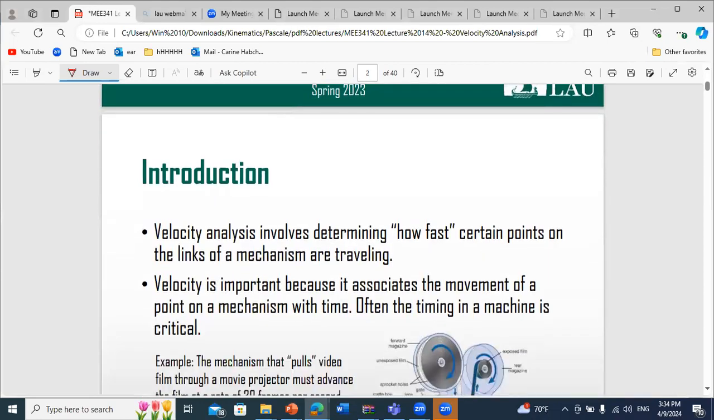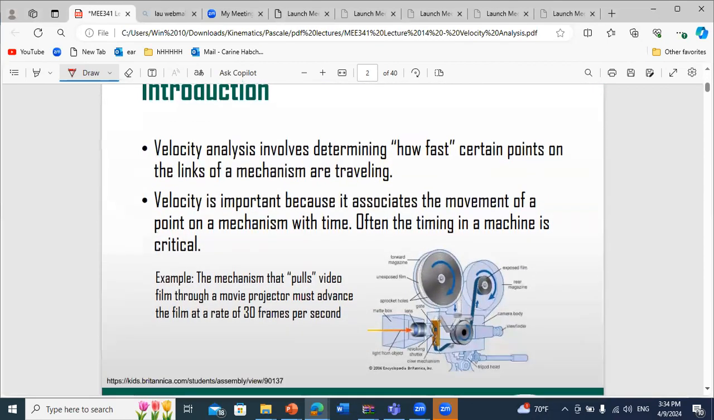To start with, velocity analysis is very important because it will determine how fast certain points on the links will move. You know that timing is very critical in the majority of applications. So now we'll solve for velocity, and in the next chapter we'll also solve for acceleration. So in any mechanism, it's essential to solve for position, velocity, and acceleration variation with time. In addition,